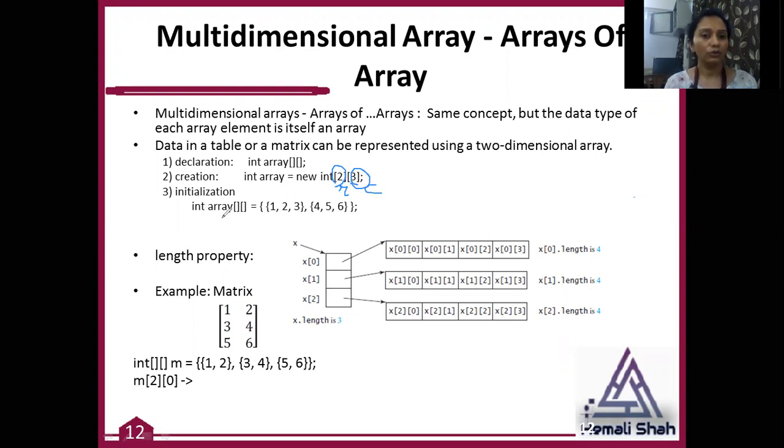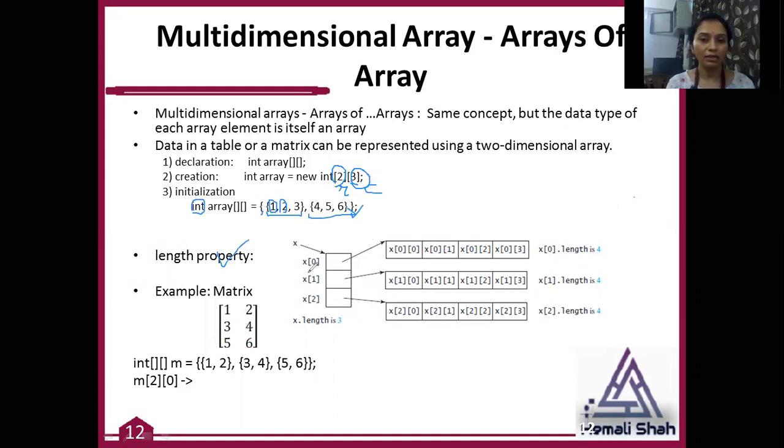If you want to go for initialization, then you can initialize by using such a syntax. This single bracket is for a single dimensional array. Inside this you are creating elements as arrays. So this is an array element, and inside the array element you have only integer values. That's why the data type of this array is integer. Now how to access the length property for the two-dimensional array.